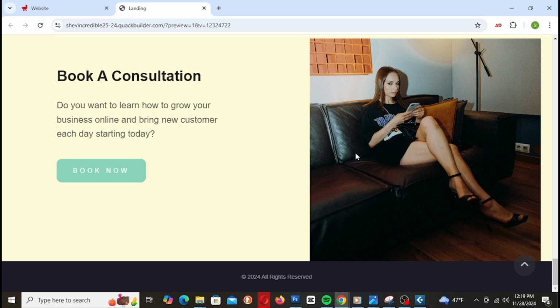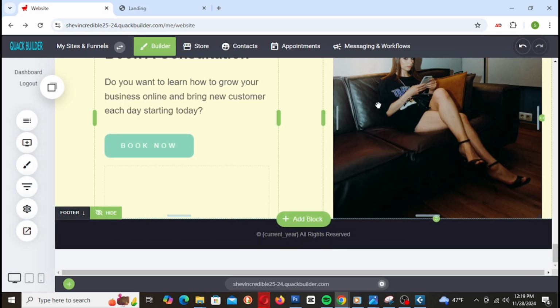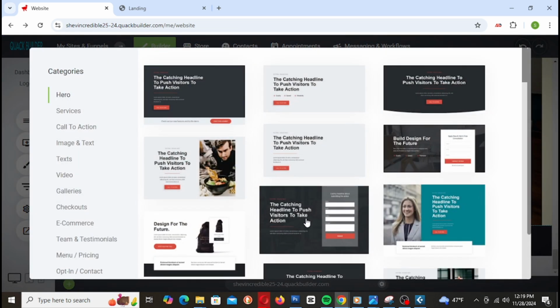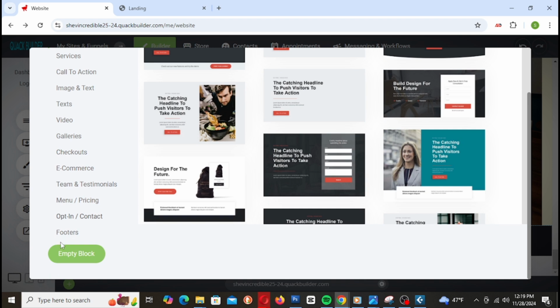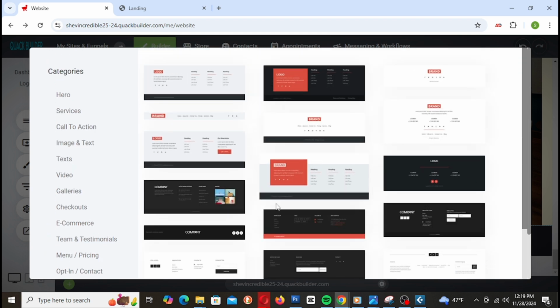Okay, so the next thing we need to do is add a footer to this website. I'm just gonna come up here with Quack Builder. You get a lot of different footers. So you can just come up here and say footer and you can choose one and you can modify it. Okay,